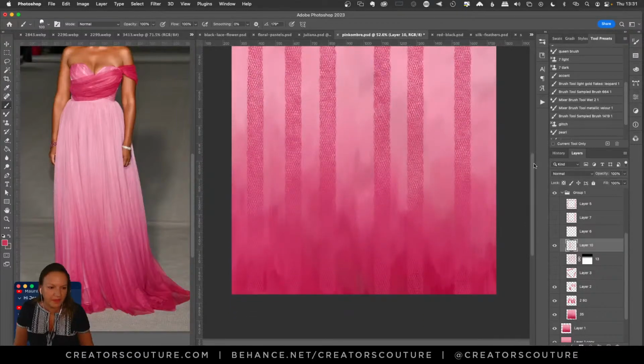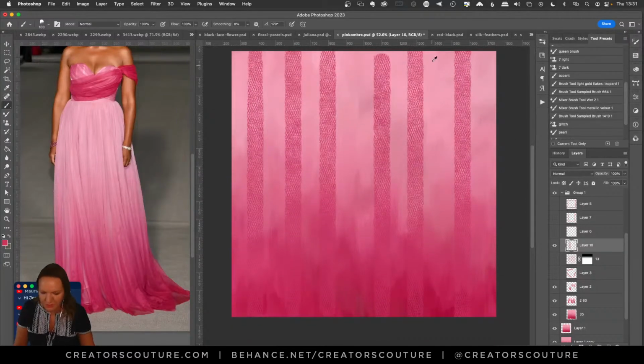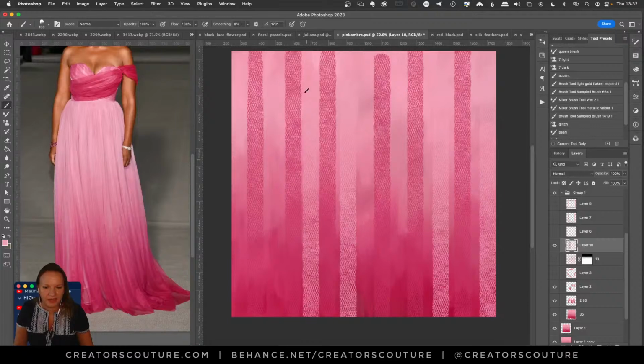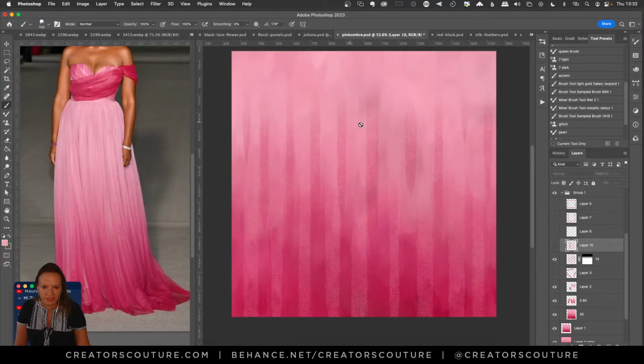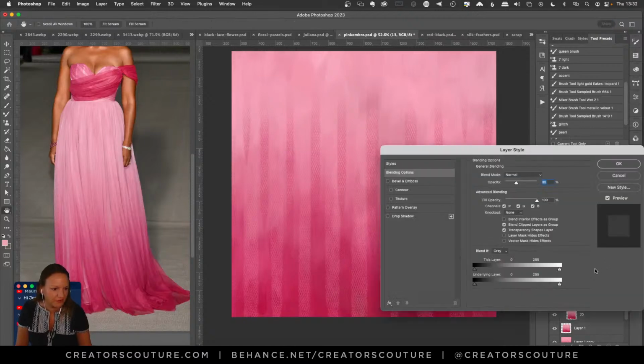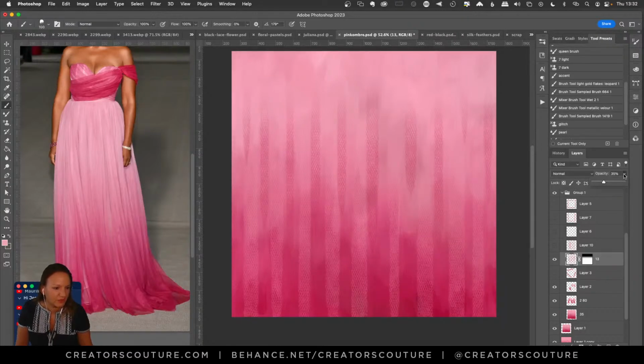With that one color brush, I'm going to option click, pick a light pink, and then I just went down and played with that effect. It was fun, just adding a little bit of something. So that's what I did here, except it's a little bit softer, and I took the opacity down.